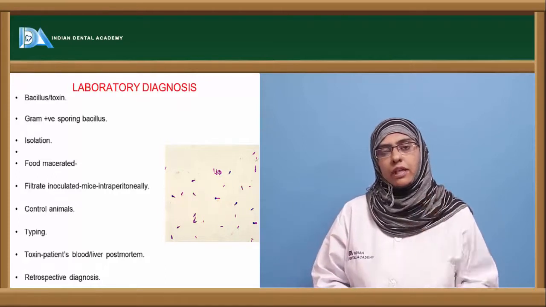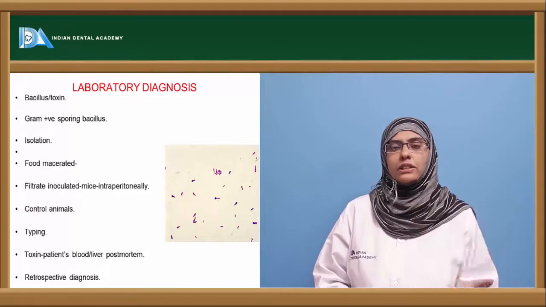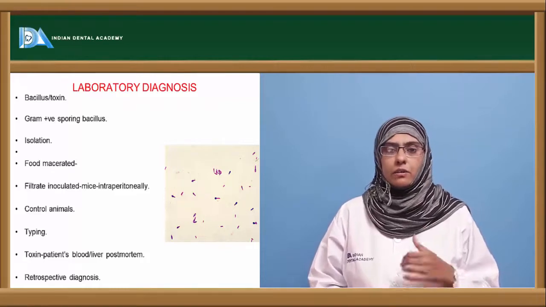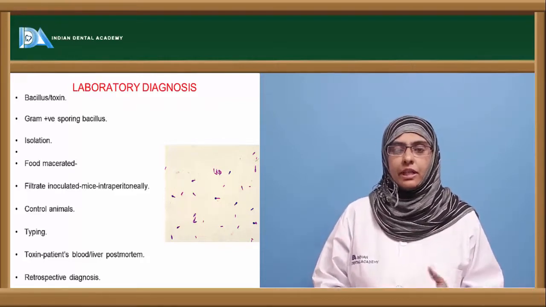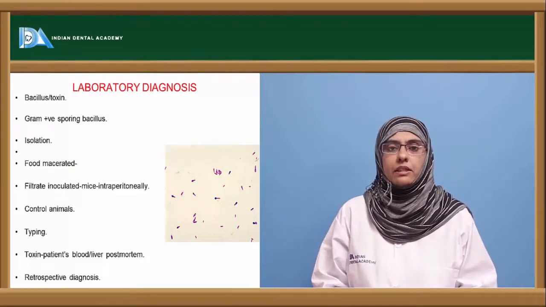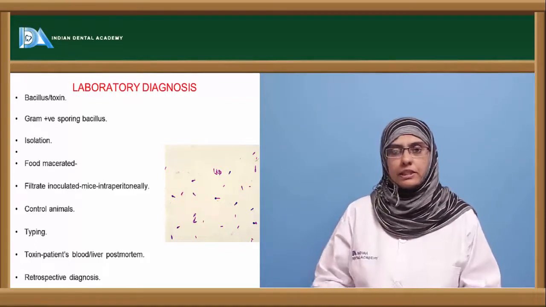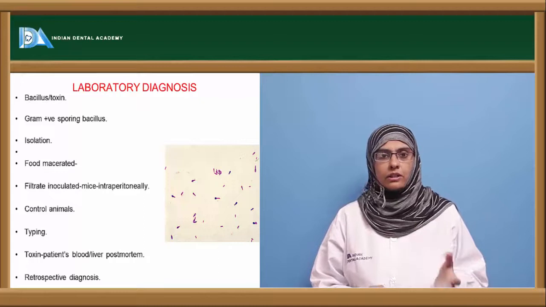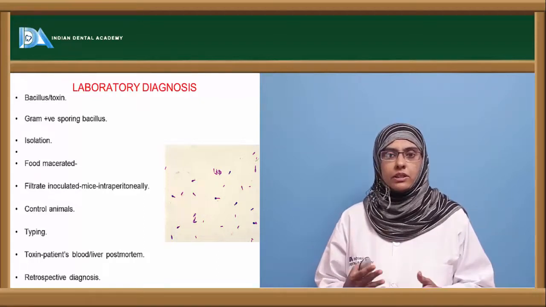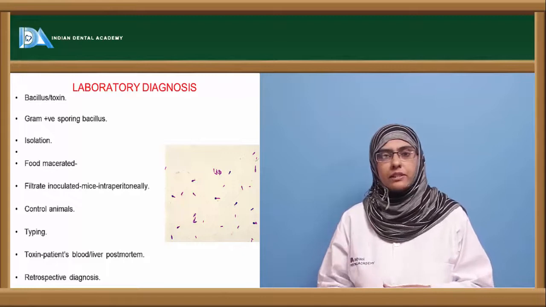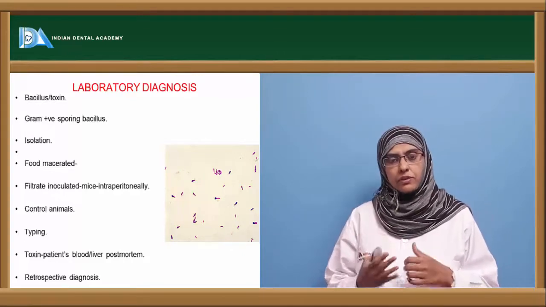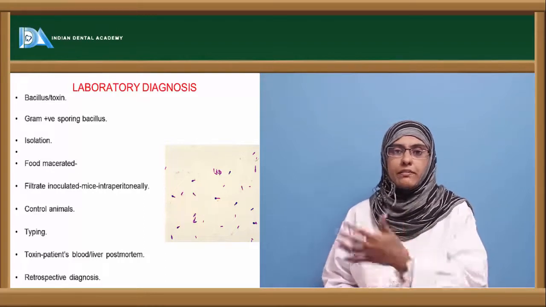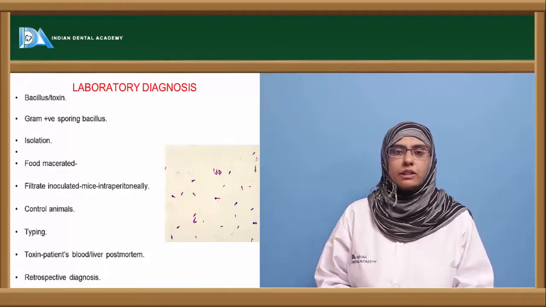That is, you can go for either the isolation of the bacillus or of the toxin that is present. For the bacillus, we can use the Gram staining characteristic, a microscopic characteristic, and it can be very well identified by Gram staining; a Gram-positive sporulating bacillus indicates the organism. Now coming to the isolation of the organism or the toxin, because these organisms are usually seen in contaminated food as well as in feces, you can use the food to isolate the organism and inoculate it into an experimental animal to identify the toxin that is produced and type the toxin